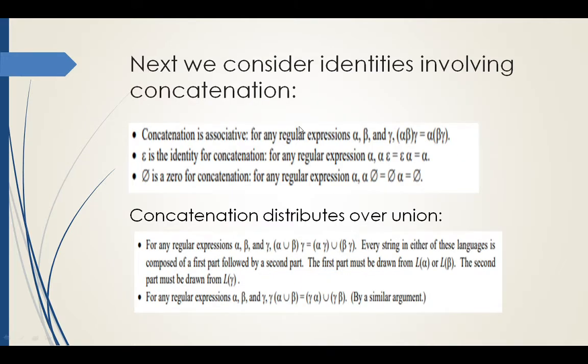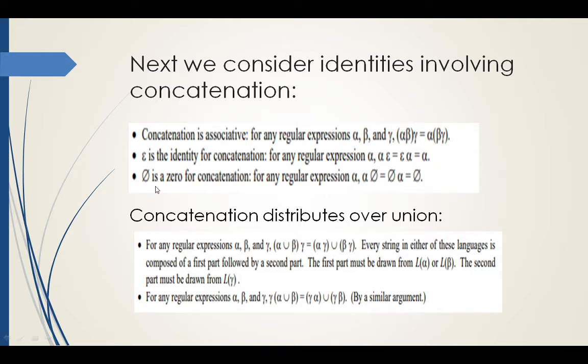Next, we are going to see some rules on identities involving concatenation. Concatenation is associative. For any regular expressions alpha, beta and gamma, when you concatenate alpha with (beta gamma), it is equivalent to concatenating (alpha beta) with gamma. Next, epsilon is the identity for concatenation. For any regular expression alpha, when you concatenate it with epsilon, or epsilon with alpha, at the end you get